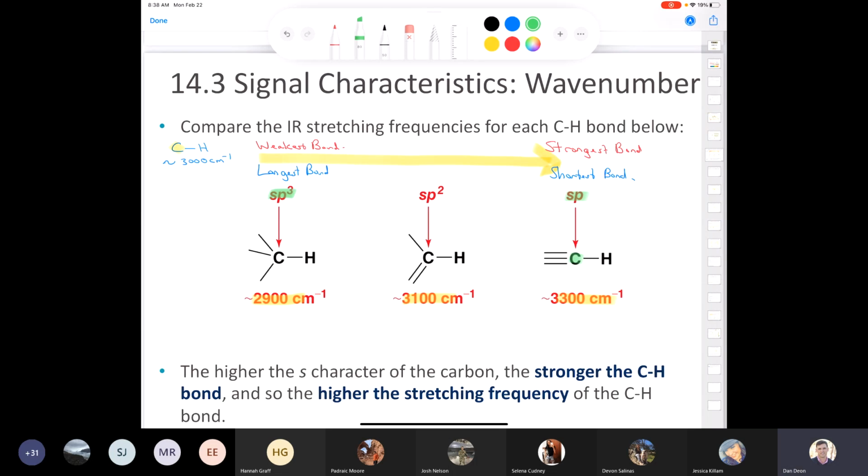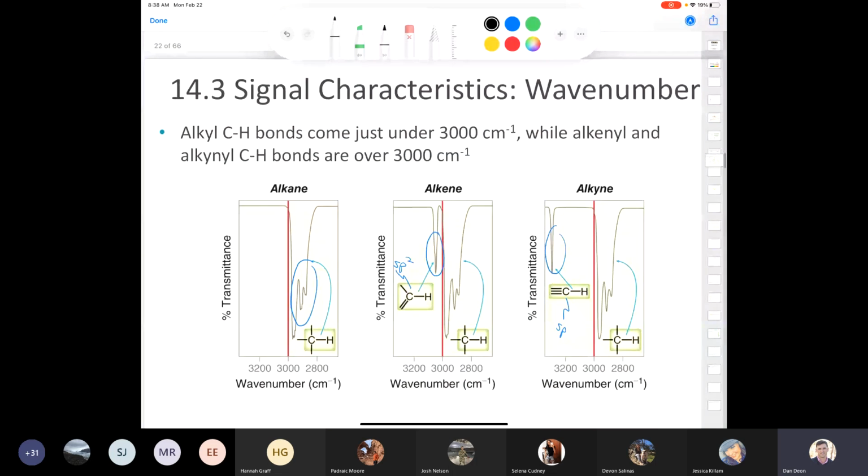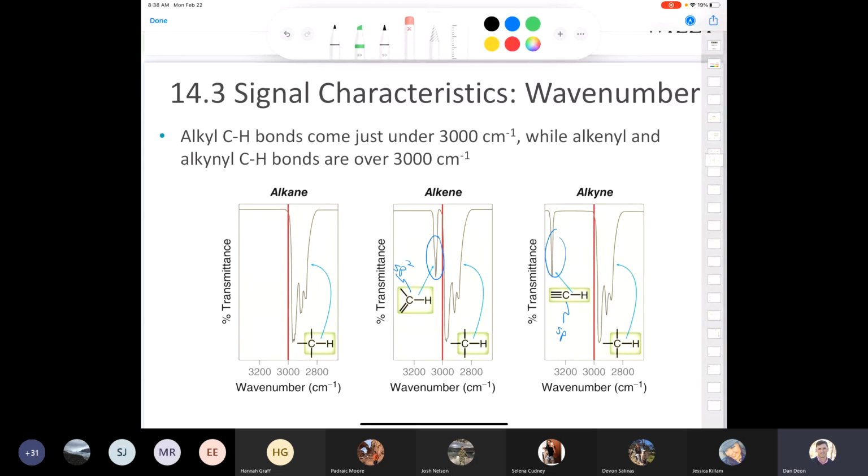Whereas an sp3 hybridized carbon-hydrogen bond is going to be the longest and the weakest. And therefore, not only would you annotate a spectrum and say, okay, I have a carbon-hydrogen bond, you also have to indicate the hybridization of the carbon, because you can tell a difference between the different hybridizations of carbon in carbon-hydrogen bonds. All right. Anyhow, if we take a look at some examples of spectra,